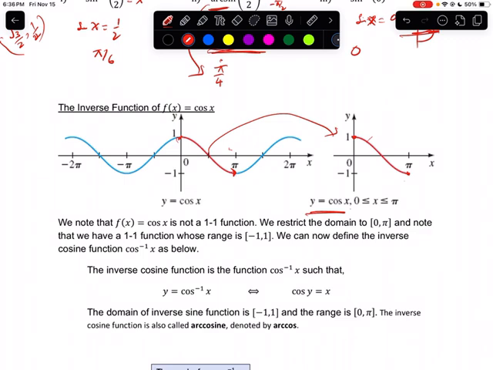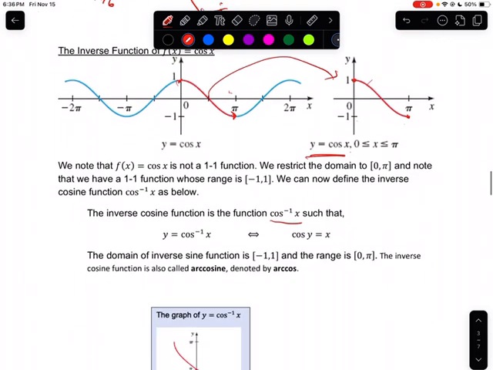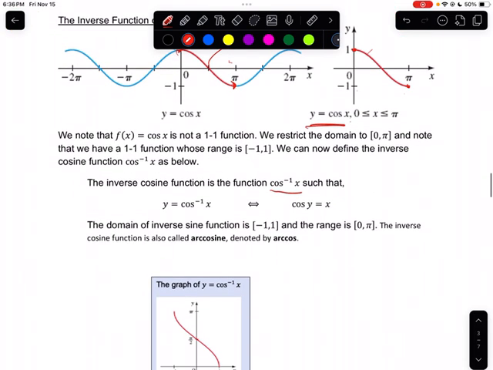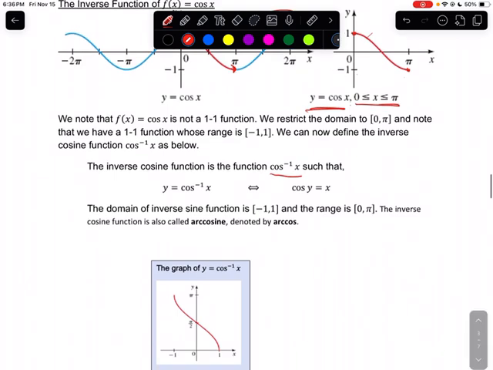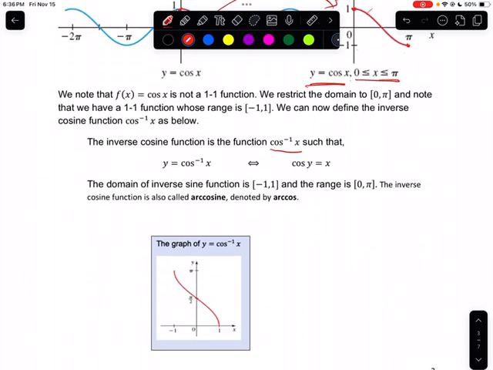So, and the range is negative 1 to 1. Now we define the cosine inverse function, which we denote by this symbol. Again, warning coming, I think, soon, that this does not mean 1 over cosine. So the domain and range exchange. So the domain of this one becomes the range of the inverse cosine, shown here,